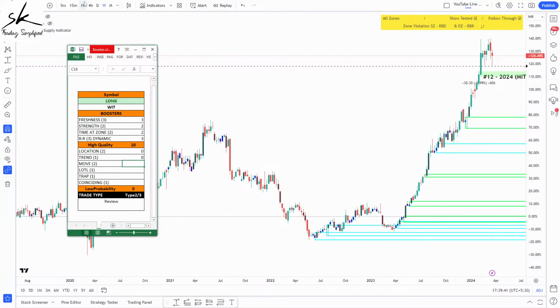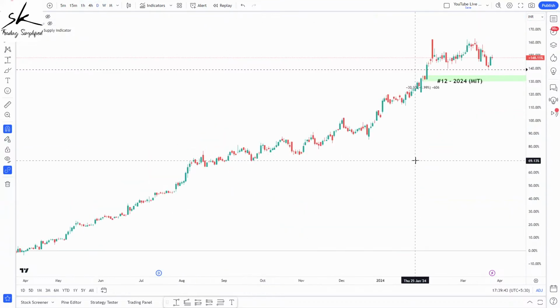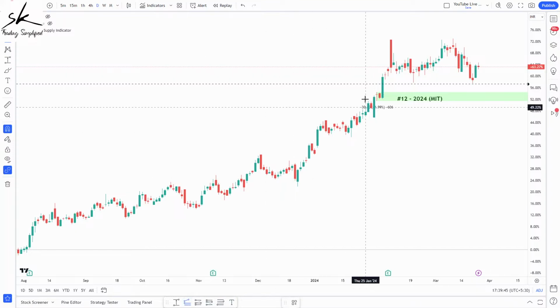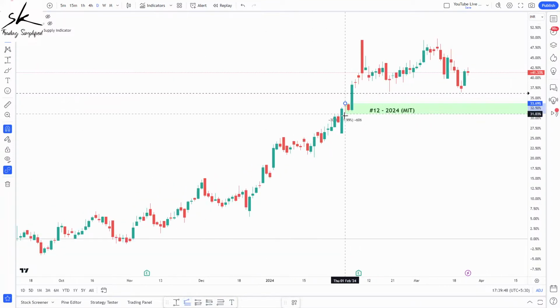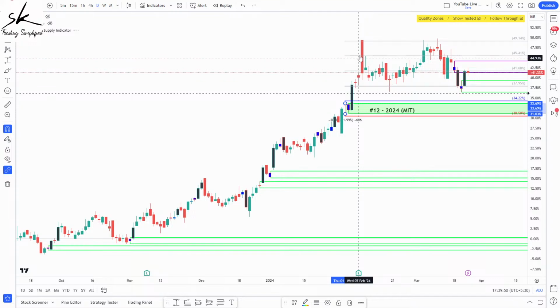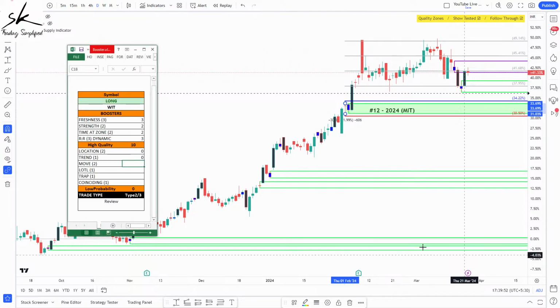Next, move from the zone. We need minimum 3:1, we need minimum 4:1, which has already happened in this case because we are planning an MIT trade. You can see 1:1, 2:1, 3:1, 4:1 move has already happened, so it gets a score of 2. Talking about level on top of level, we have already verified it's not a case of level on top of level, not even coinciding. And talking about trap, we will be able to give it a score of 1,